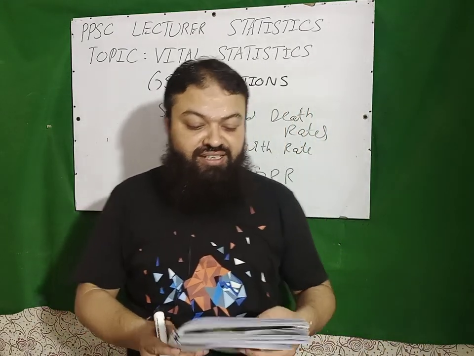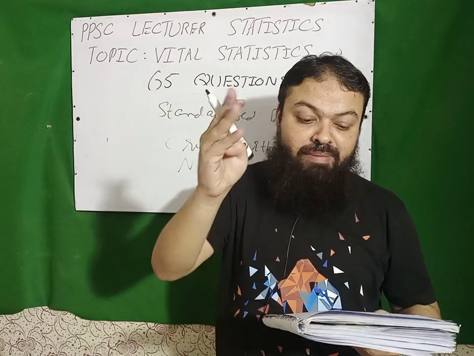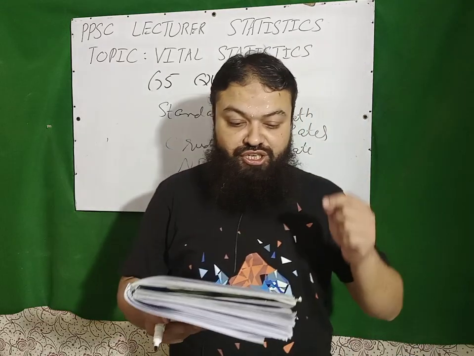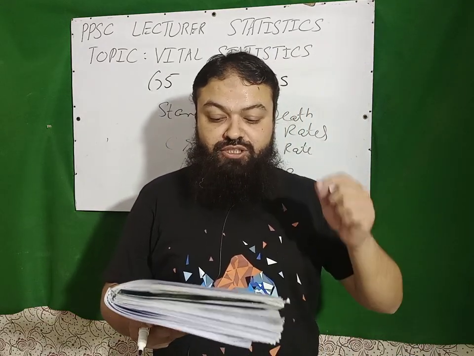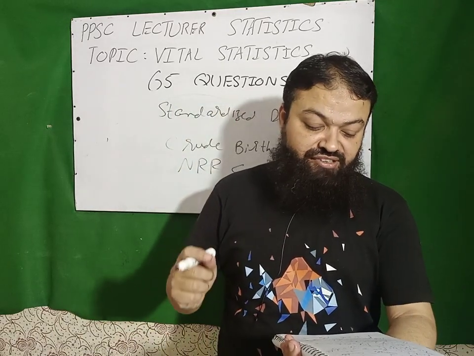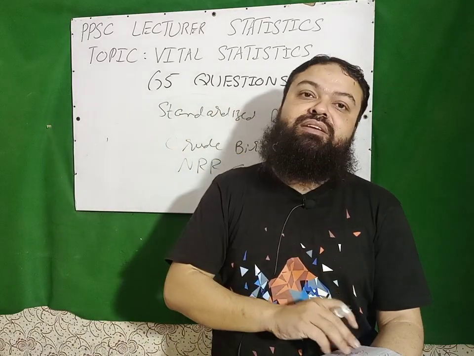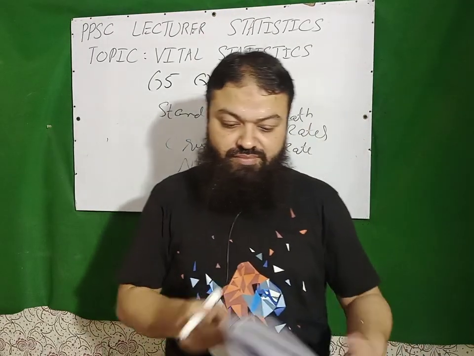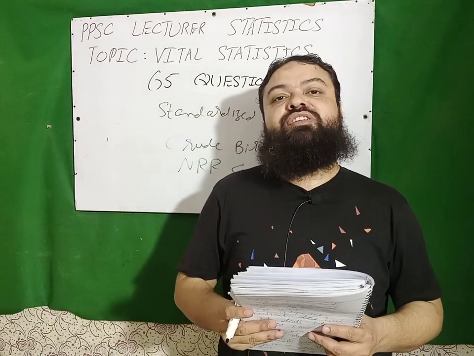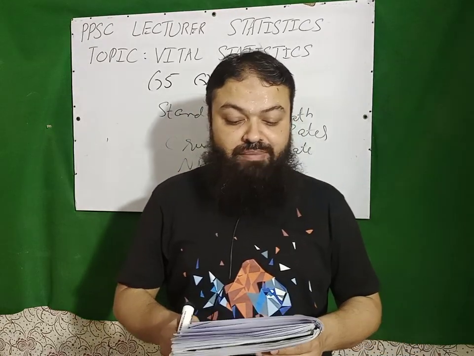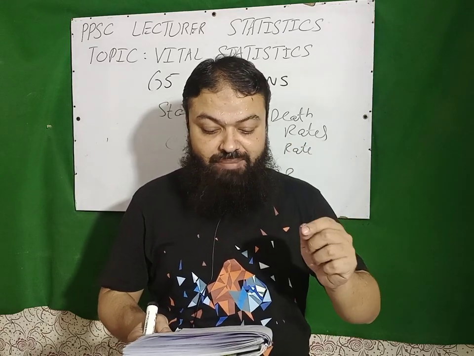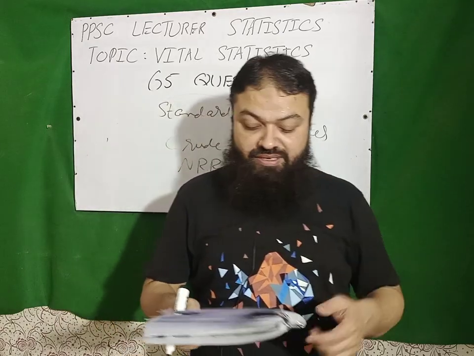Next is fertility rate depends upon female population in the childbearing age. A very important question. Next is reproduction can be measured by total fertility rate. Next, fertility rates provide basis for family planning. Age specific fertility curve is highly positively skewed. Next, life table is also called mortality table. It is also called survival table as well as life expectancy table.